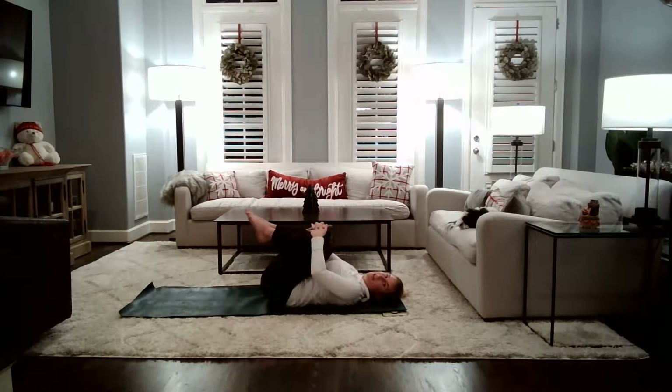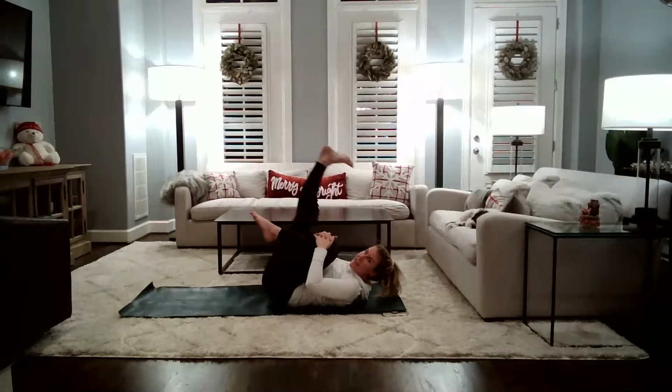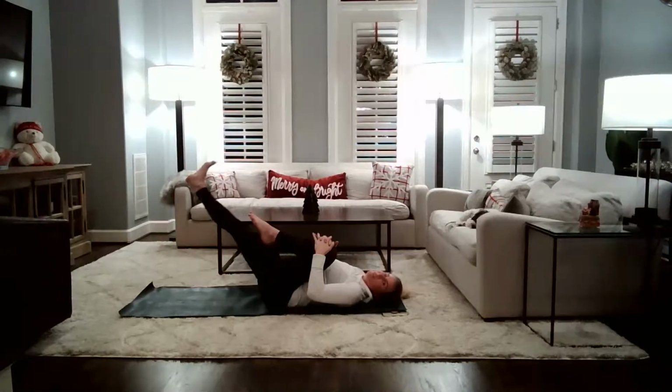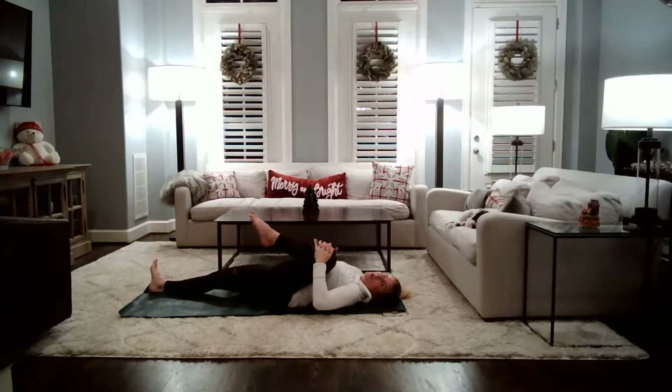Gently hug your knees down and in. Lift your nose up to your knees. Take a full breath in here. On your exhale, you're going to release your right heel to the end of the mat. Closing out our practice with many of the same positions that we took at the beginning, noticing now how they